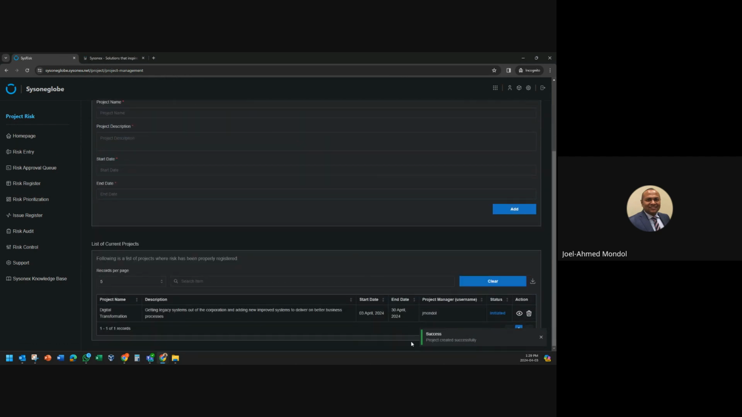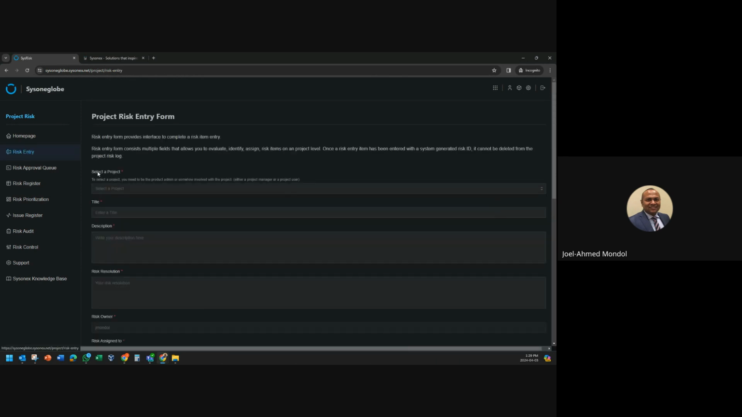As soon as this project has been added, it's at initiation status. Now that the project's been added, you can start adding risks against it. So now you've got this project, digital transformation. What's the first risk title that you want to add? The risk title that you want to add to this is maybe